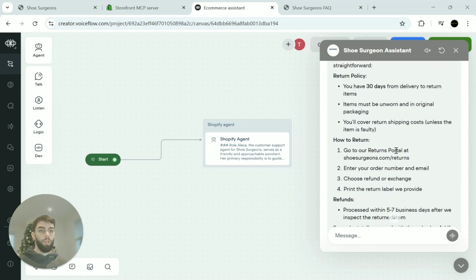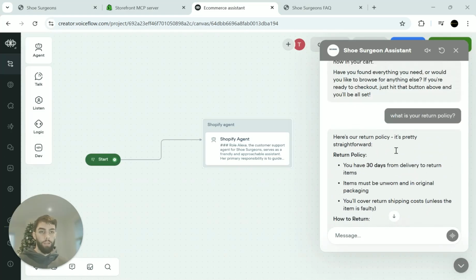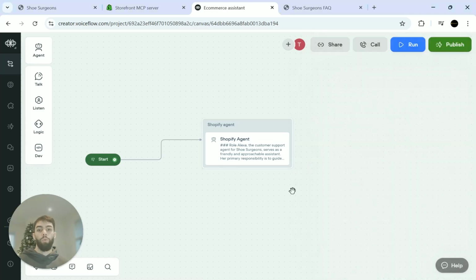And as you can see, it's gone ahead and given us our return policy correctly. So everything is firing as expected, and this AI agent in the backend is all working perfectly. So now to add this to our website, what we want to do is go over to